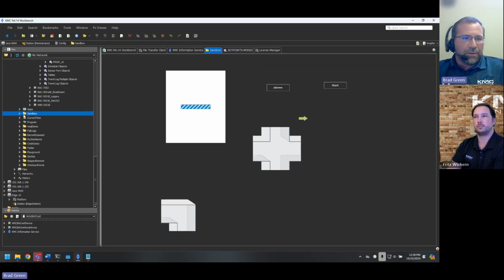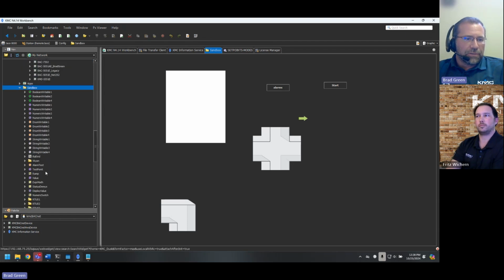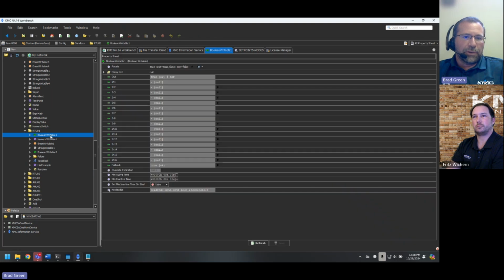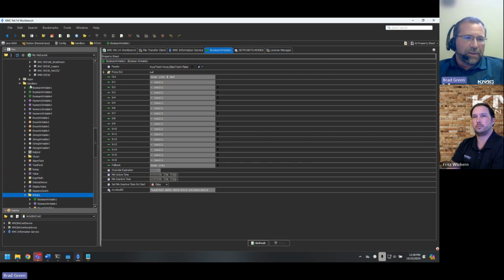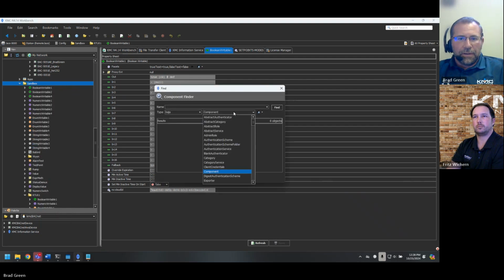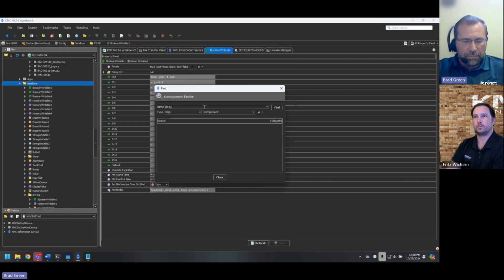One more thing, and then I'll turn it back over to Fritz. I did want to show, if you have multiple rooftop units, air handlers, VAV boxes, and you want to make a change. So underneath this RTU1, I got a Boolean writable here, and I want to make changes to this. Let's say it's the facets of this guy. So what I'm going to do is select sandbox and do a find here. And I can call this Boolean writable.